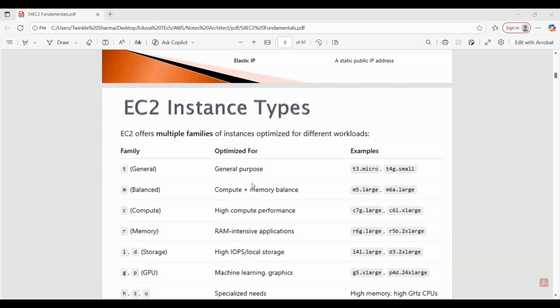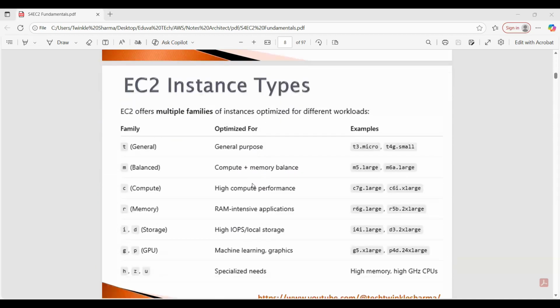Then we have some EC2 instance types. What are the types of EC2 instances? First is our T general family, which is for general purpose. Then we have the M balanced family, which is for compute plus memory balance. Then we have the compute family or C family, which gives high compute performance.